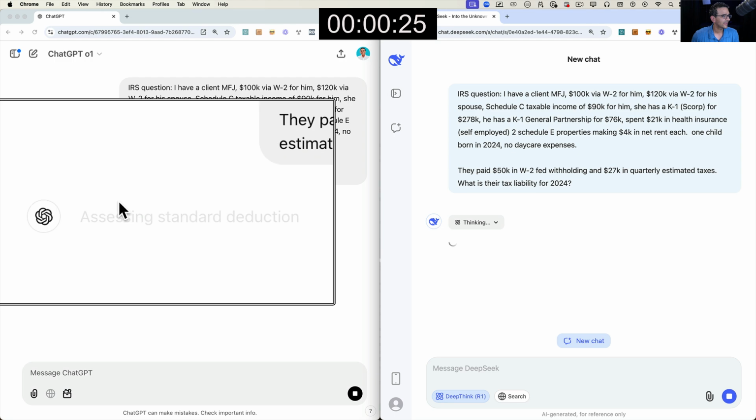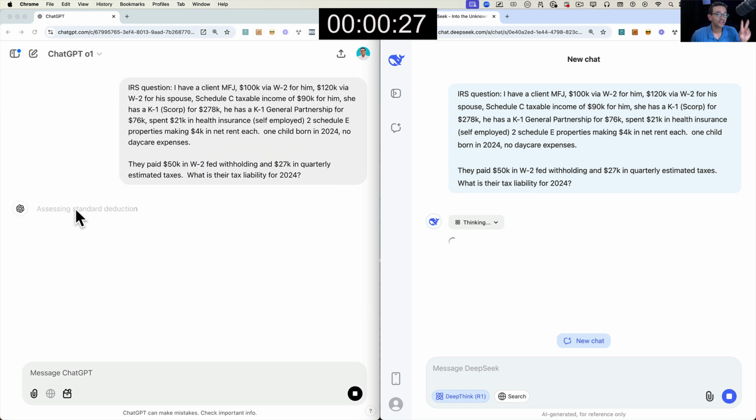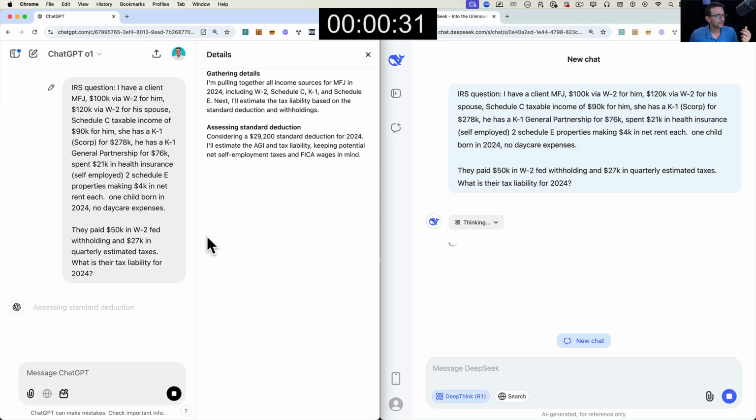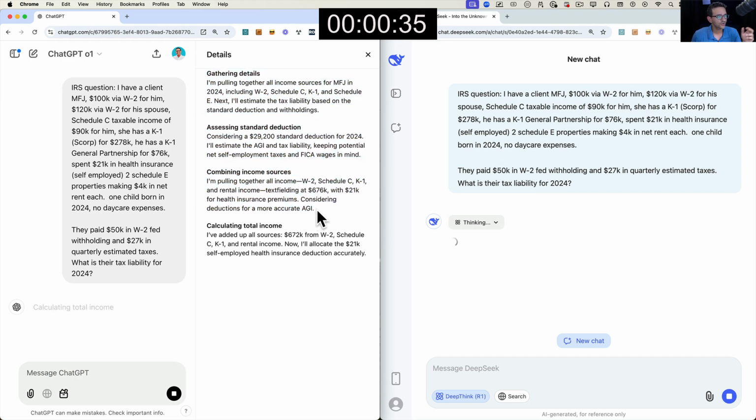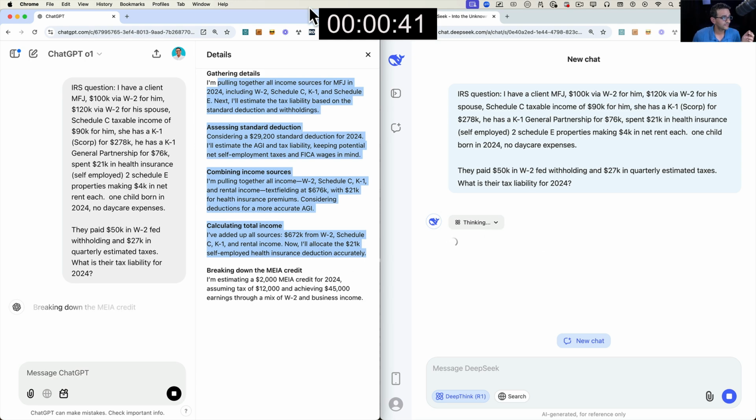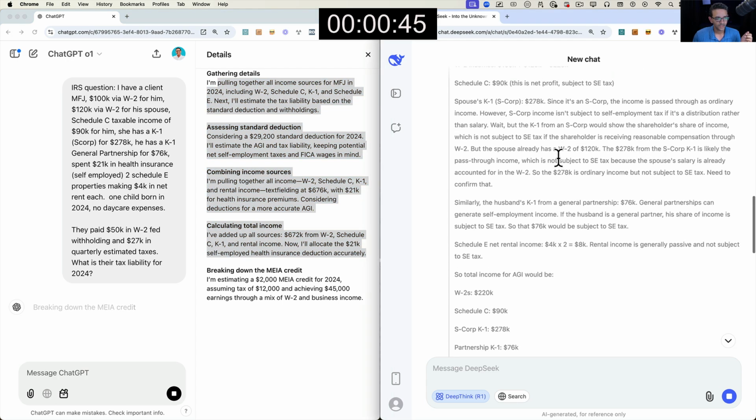So on the left-hand side, it says here, gathering the details. There's thinking going on, but you don't get to see it until you click on it. Once you click on it, you actually see it's thinking. So there's no answers yet here. This is just it's thinking. This is reasoning, what they're calling reasoning. So this is the left-hand side. This is ChatGPT.